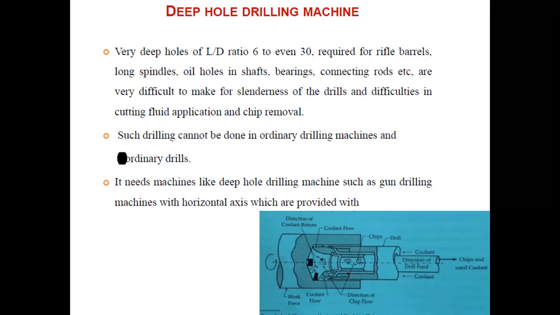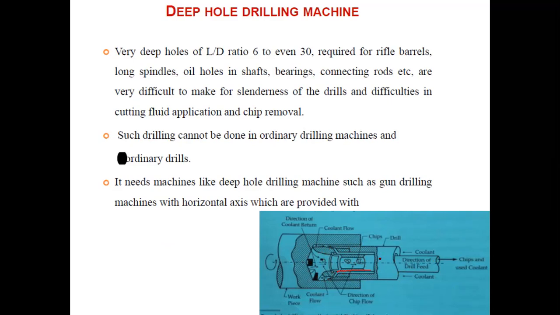In this, you can see a typical drill bit. The drill bit rotates about its axis and removes the material. There is a special arrangement provided inside, some cooling arrangement, because the drill bit has to go very deep into the workpiece. We provide coolant, and you can have flat flutes to remove the chips. The chips are removed through the flat flutes on the surface.